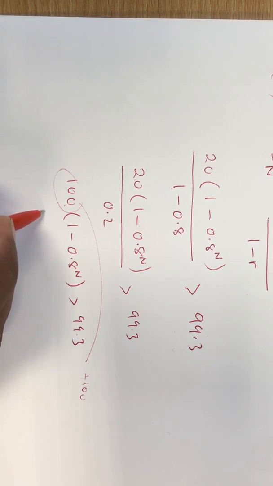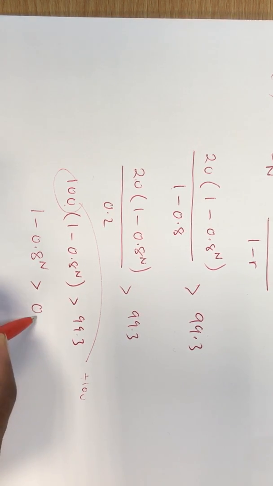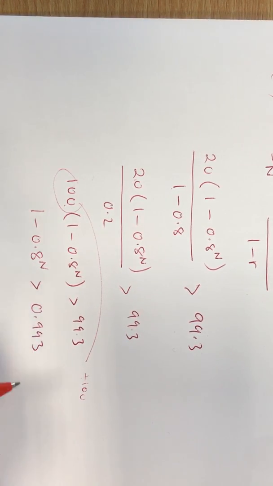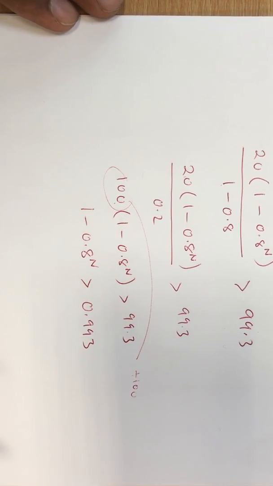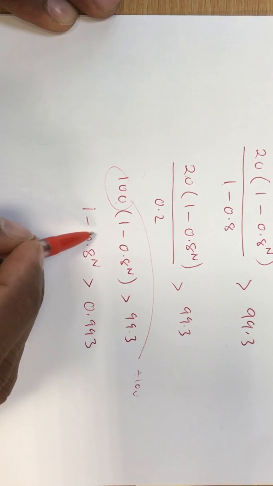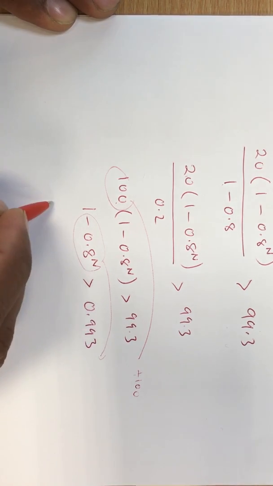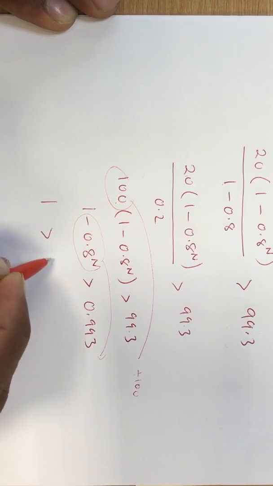So that's just going to give me 1 minus 0.8 to the power n is greater than, divide that by 100, it's just going to give me 0.993. Okay. Now, I'm just going to take this lot over to the other side by adding it. I'll get 1 is greater than